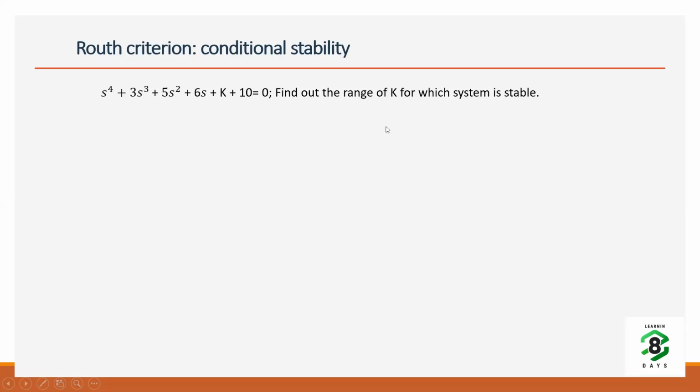This is a little bit different question than asking whether the system is stable or not. Now here you are designing a system, so you have a parameter in the system which decides k. So you have to find out and make sure the k you design for is within that range, otherwise your system is going to be unstable.